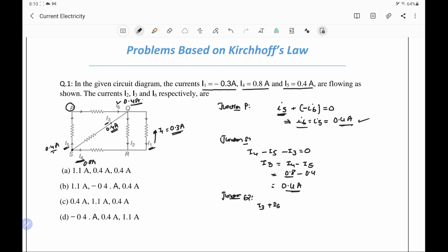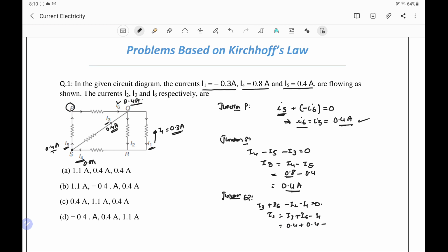Incoming currents are taken positive and outgoing currents are I2 and I1, so it is minus I2 and minus I1, that is equal to 0. We need I2. So I2 will be equal to I3 plus I6 minus I1. I3 is 0.4 plus I6 is 0.4